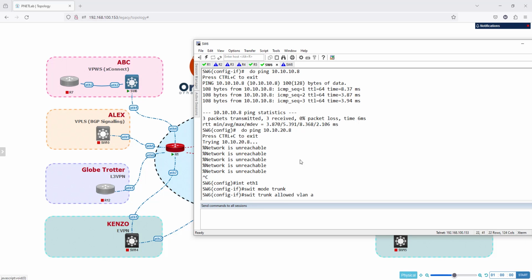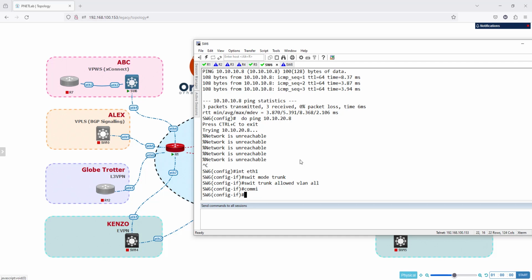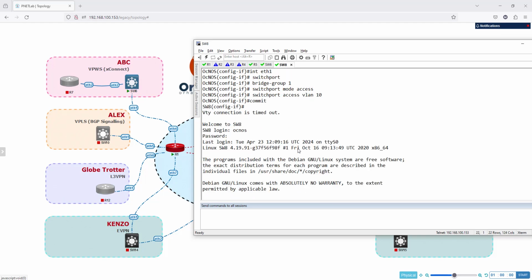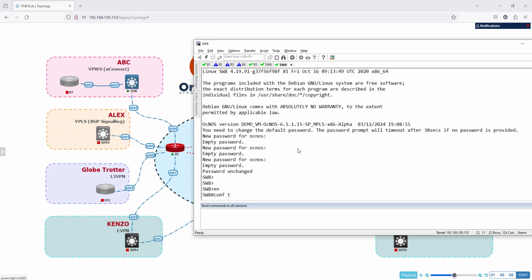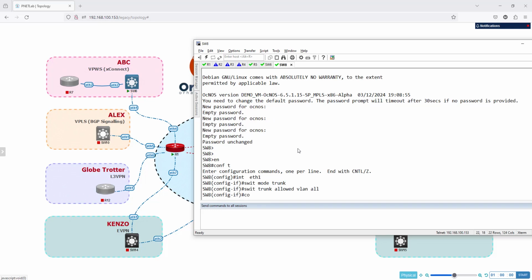I'm going to say all, but you should go with the list that is allowed on this. For example, 10, 20, 30, 40, and 50 only. I'm going to do the same thing on the other side. So I go to switch 8, OcNOS, and then I'm going to go to configuration mode, and I'm going to say interface, this is it, and commit